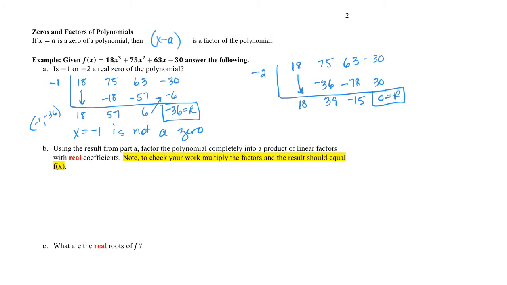So since the remainder is 0, I know I have the point -2, 0 on the graph, and so therefore, x equals -2 is a zero of this polynomial,